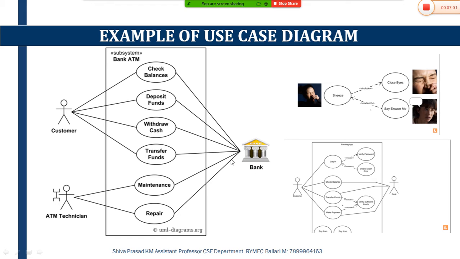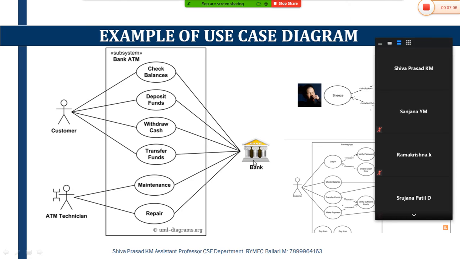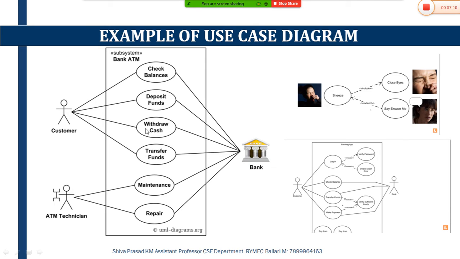to accept that particular input and provide the output back to the customer. They will accept the input, they will perform the operation, and they will send the information back to the customer. So that is the role of the primary actor and secondary actor. The primary actor initiates the operation, starts the operation, or starts giving the inputs, whereas the secondary actor is the one who is going to accept the input from the primary actor, perform the operation, and send the information back to the customer. So this is the difference between primary and secondary actor.